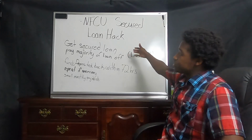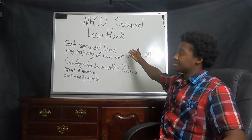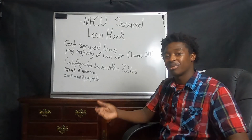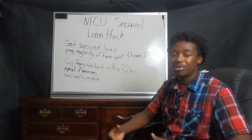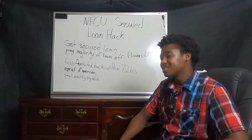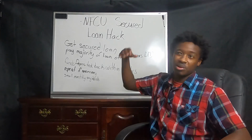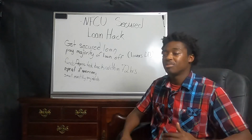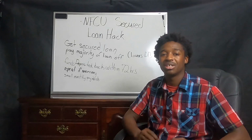So what you have to do is call in or go into a branch to get the secured loan. They're currently not doing the secured loan applications over the phone. Basically, you just have to have enough money in your account to secure the loan for however much you want. These secured loans start at $250 and go up to, I believe, $50,000. There are so many different term ranges, and the term ranges depend on how much money you put